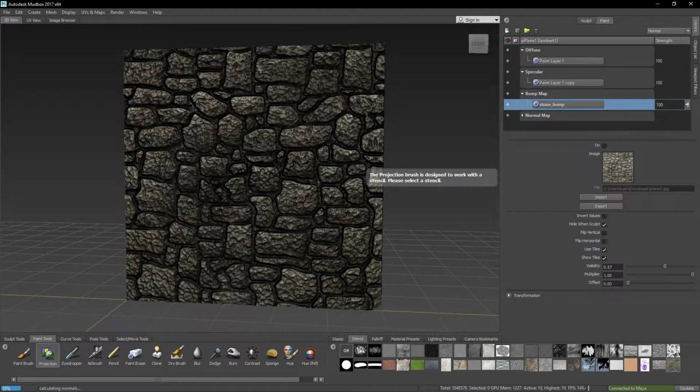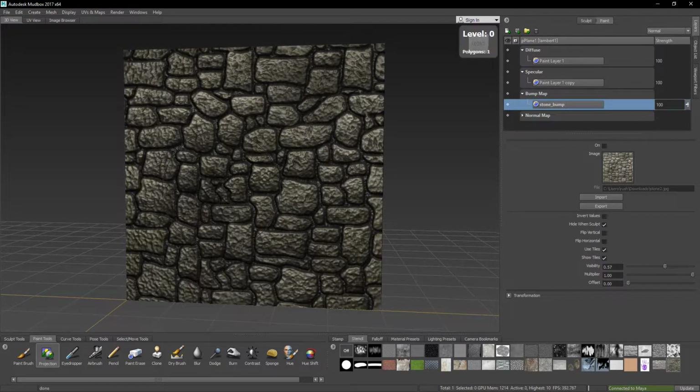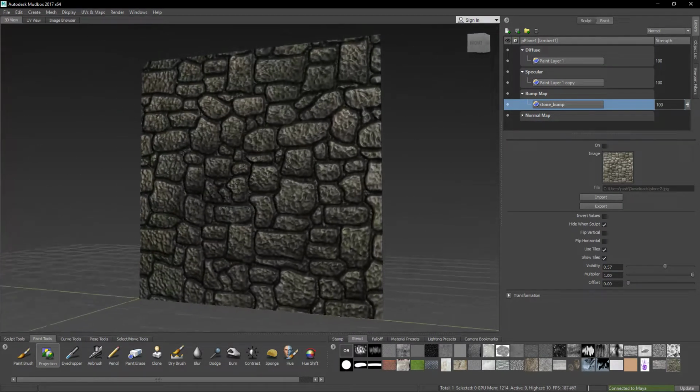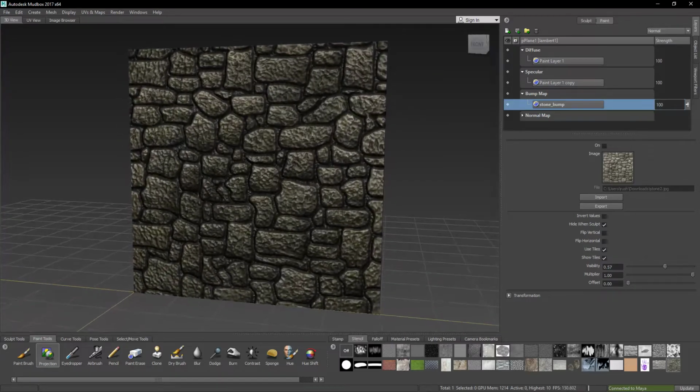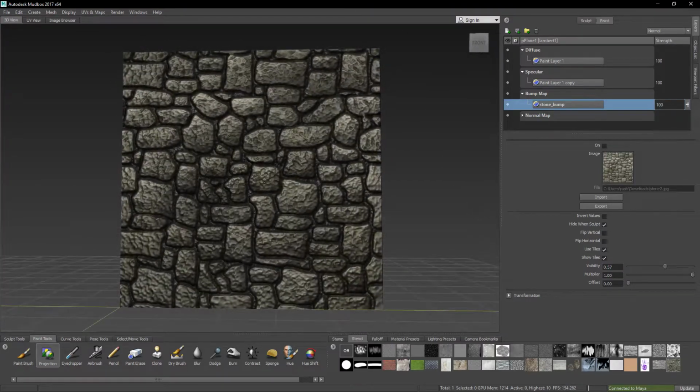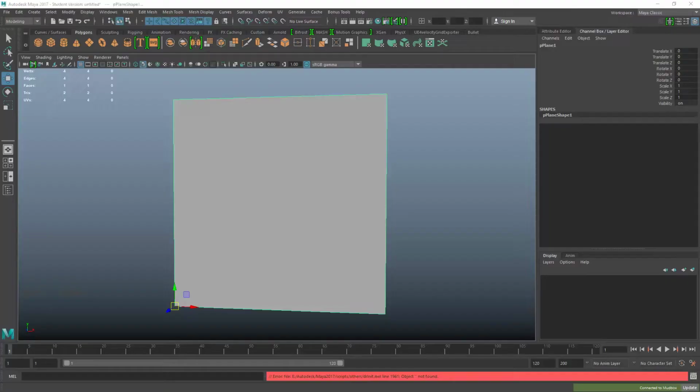So now, if I go down to the lowest subdivision level, it looks like we have all that detail in the wall, but this is one polygon. There's no vertices information here. Let's go to Maya,